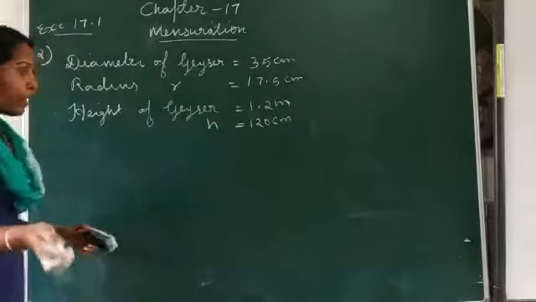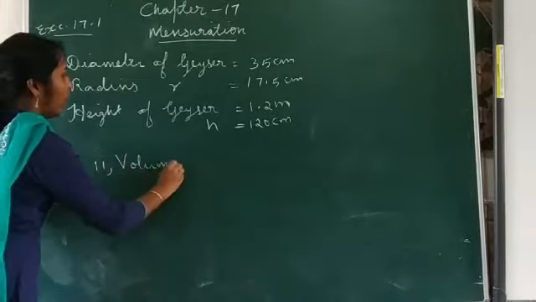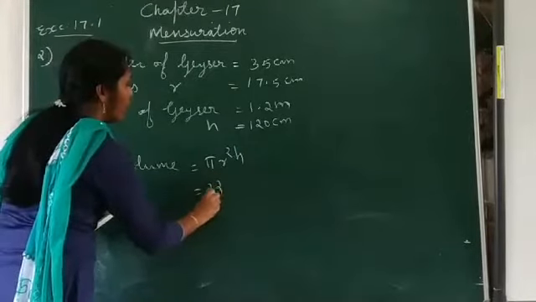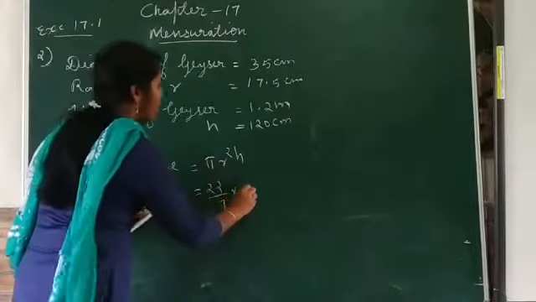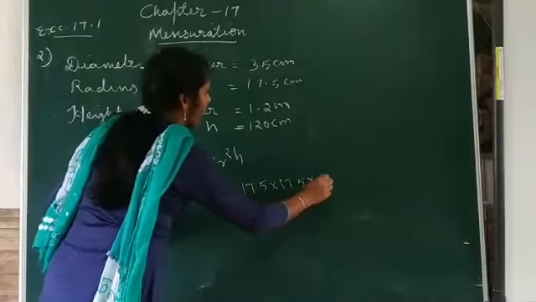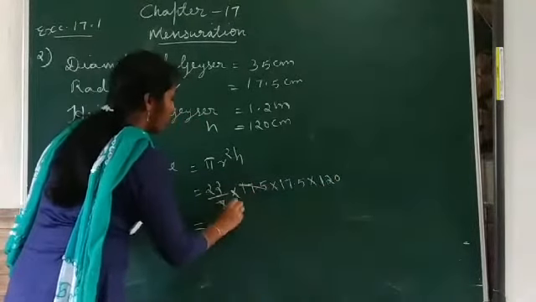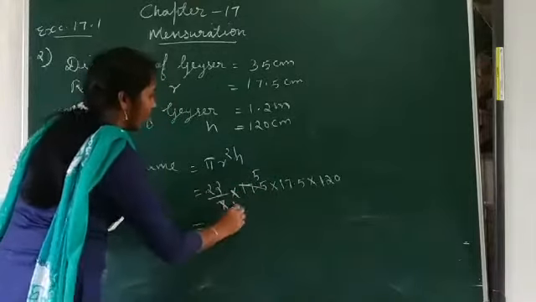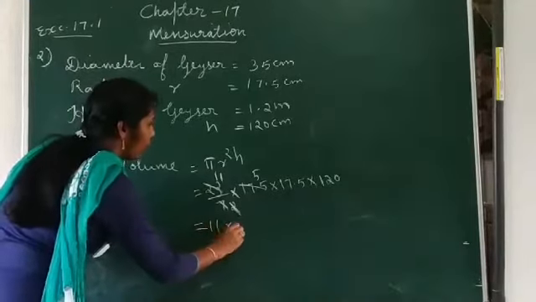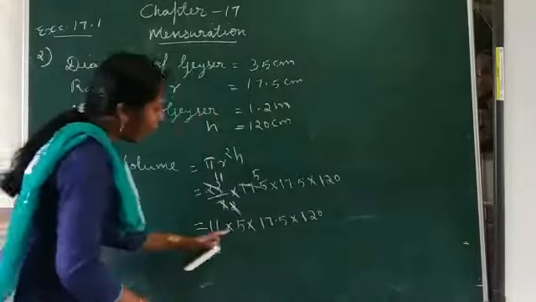So for finding out the capacity, we have to find out the volume. So second is, volume is equal to pi r square h. That is equal to 22 by 7 into 17.5 into 17.5 into 120. That is equal to 11 into 5 into 17.5 into 120. By calculating this, we get